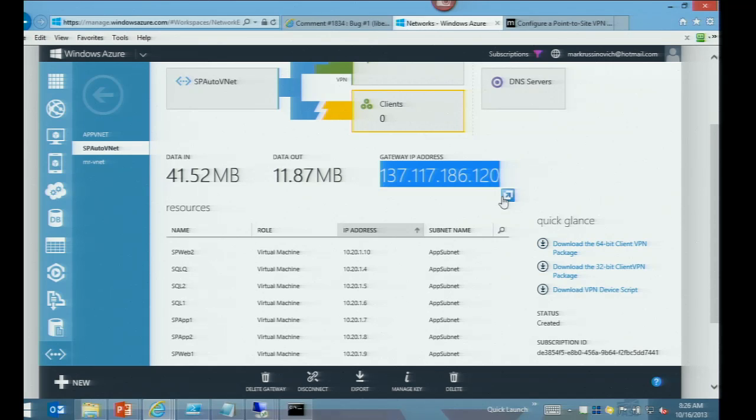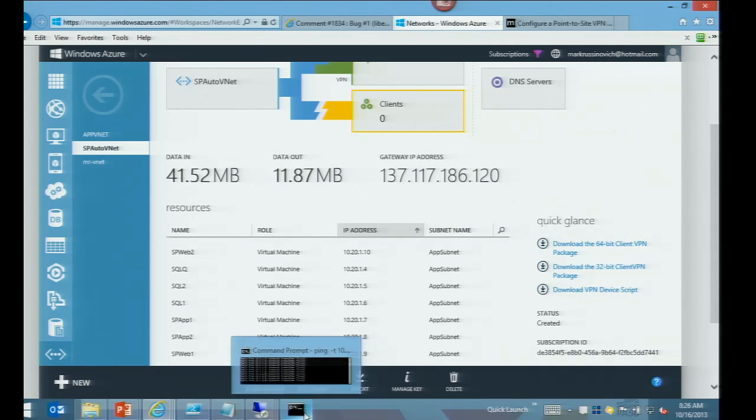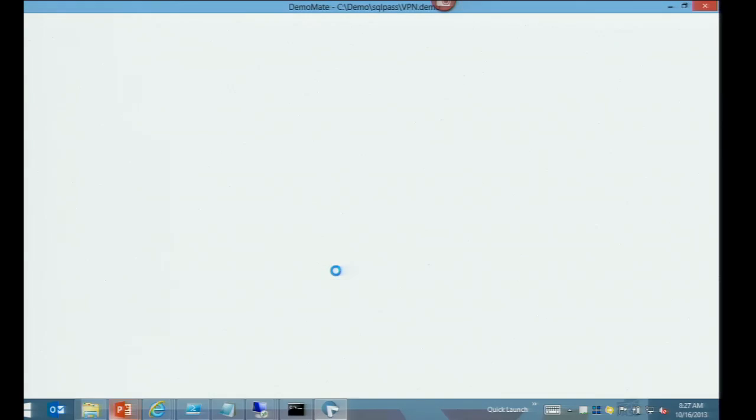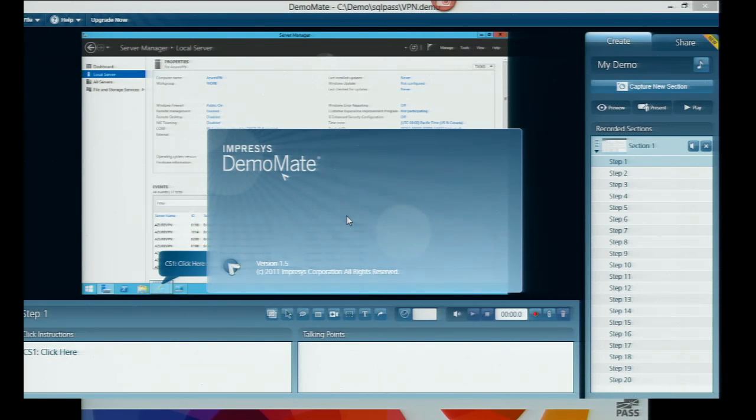That's the public IP address of one of the gateway virtual machines up in the cloud, and we need to point our VPN server at it. I recorded myself setting up Remote RAS. On Server 2012 you don't need a hardware VPN device; you can use the Remote Access Server in Windows. I've got a little walkthrough here